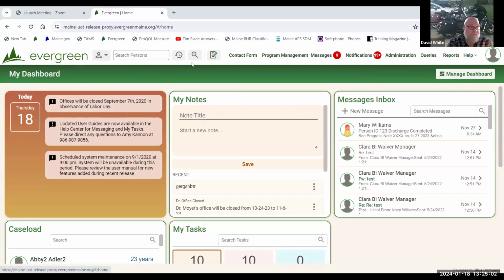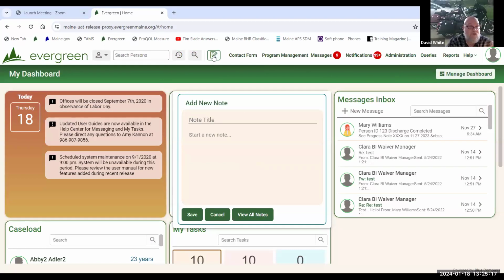Up here at the top, this is going to be the same as it's always been with a couple of additions. The only thing that's changed slightly is the actual location, and some things have been moved around. At any time, if you want to initiate a new note, that is just to the right of the advanced search. Okay, there's again, based on your role, you will have different things in this toolbar up here top in